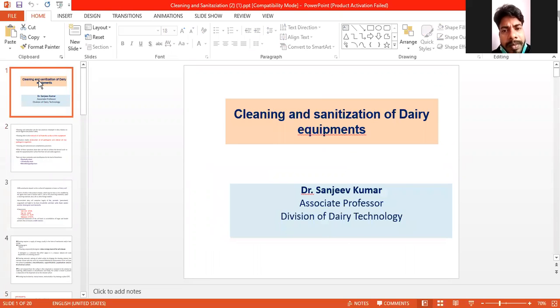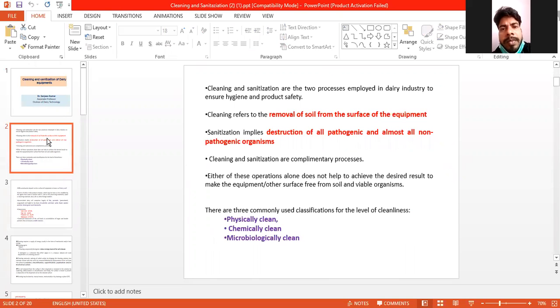One thing we also have to cover, which is in the syllabus, is the cleaning and sanitation of dairy equipment. So we also have to study the bio detergents in this chapter. Briefly, you have already studied in the BTech what cleaning and sanitation are, and the different means by which we can sterilize or sanitize the dairy equipment. So just recap all the things for your refreshment.